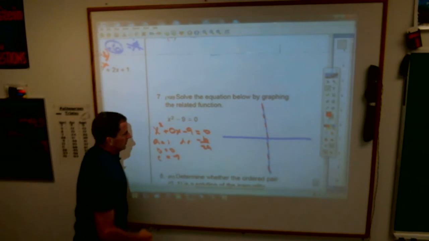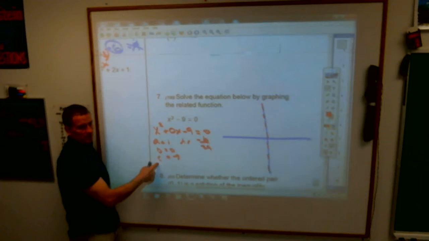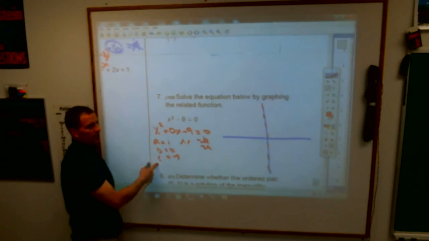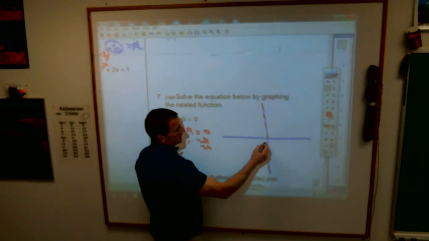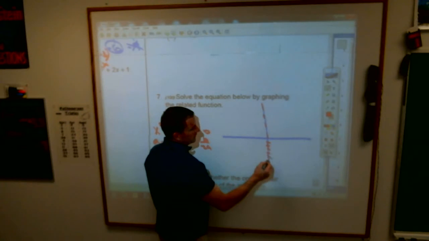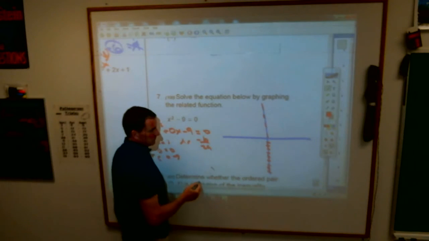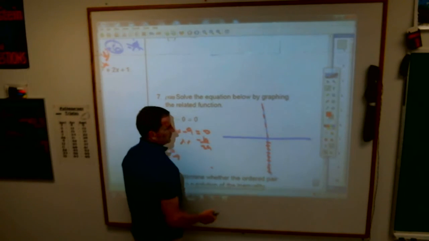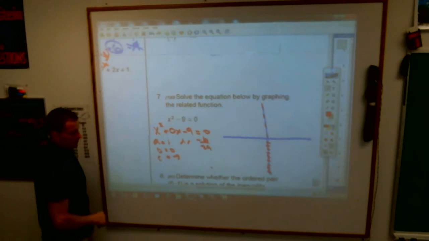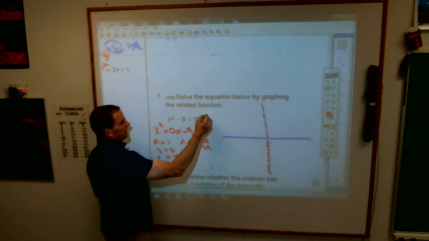And you know that the letter c is the y-intercept where it crosses the y-axis, so you know this crosses at -9. 1, 2, 3, 4, 5, 6, 7, 8, 9. And then once you do that, you kind of have to just put in random points. For example, if you put x